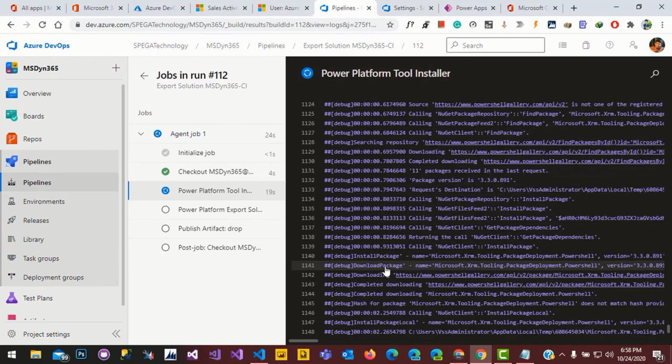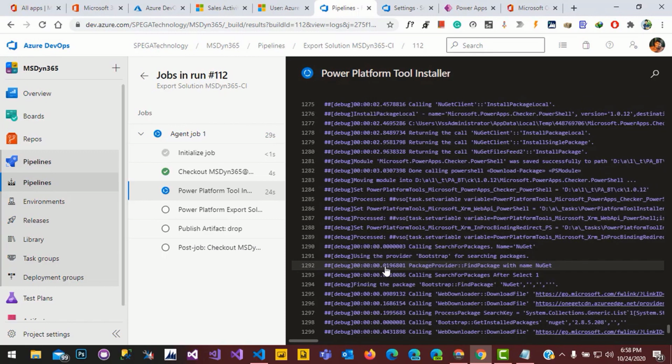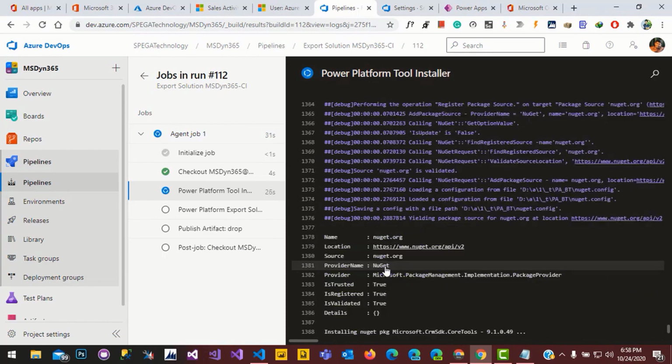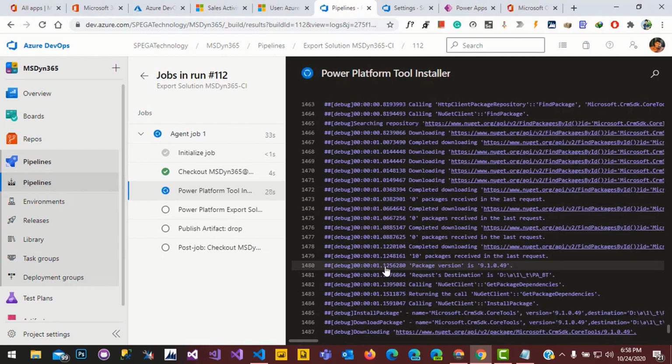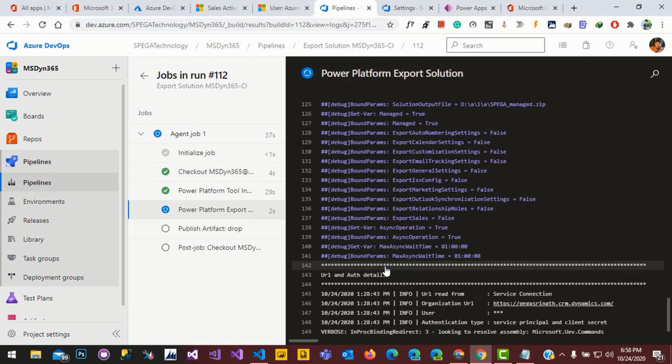Yeah, now the Power Platform tool installer is installing some packages. The export task has also started.